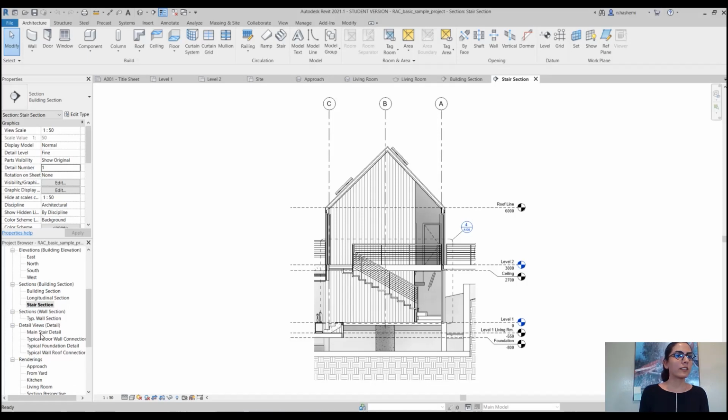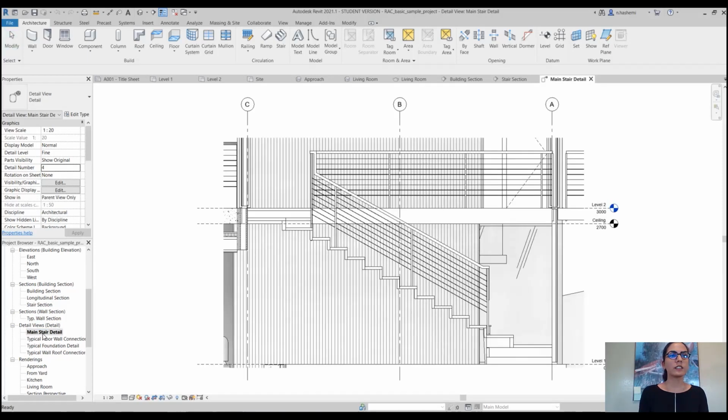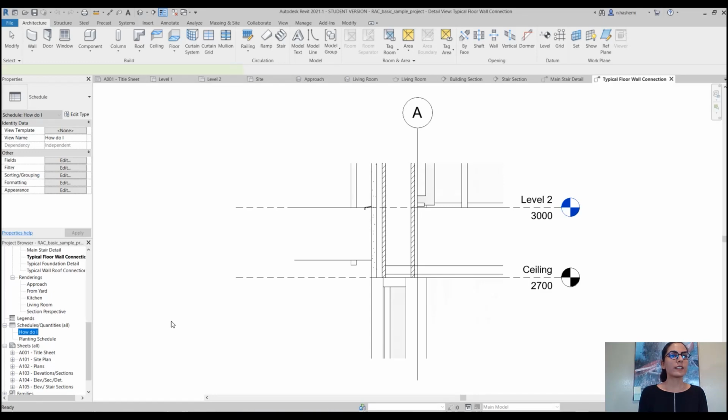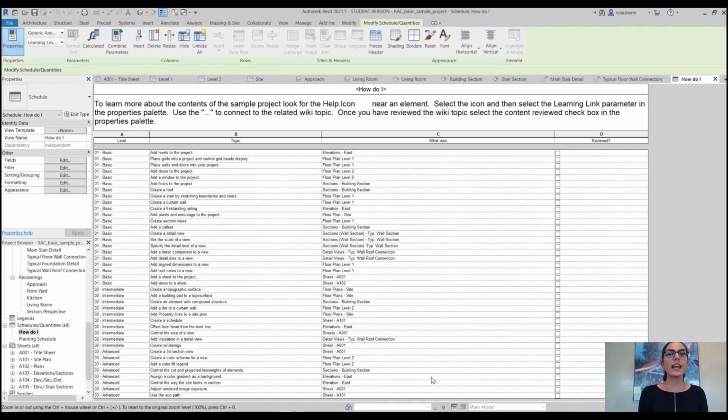And these are the details. And here is the schedule. Almost any element that we have in our project is listed here in our schedule. And if you delete anything from here, it will be deleted from your project.